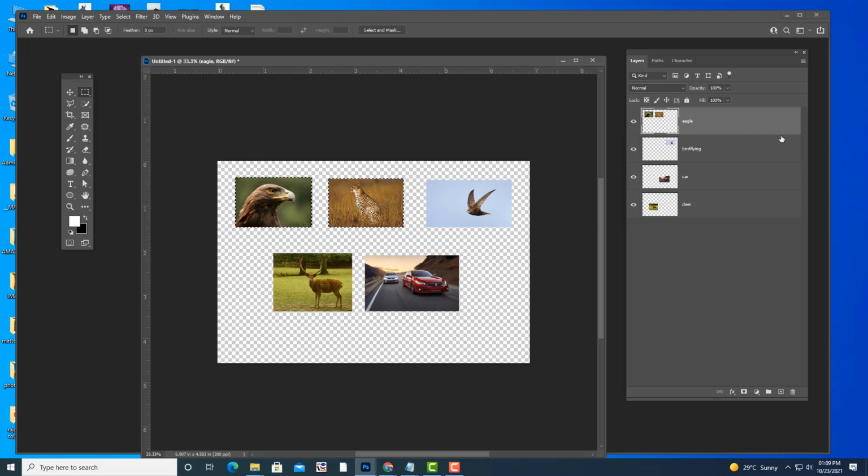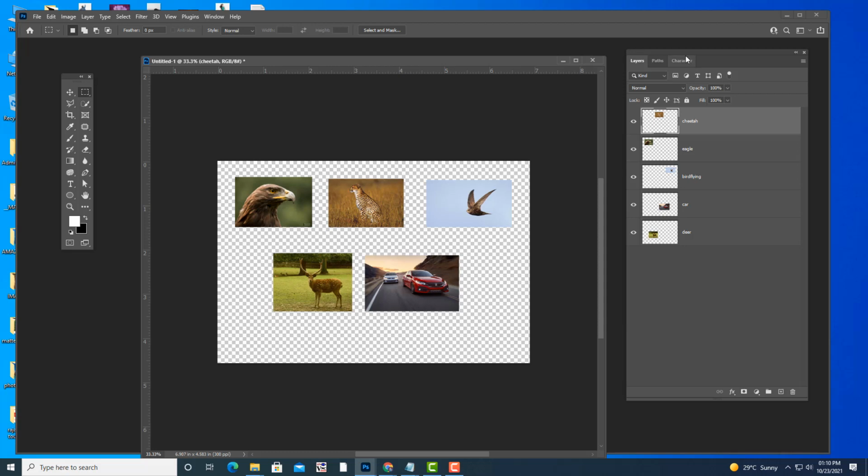Now I got selection for these two images. Now what I want to do? I want to separate cheetah. I want to put the cheetah image in its own layer. So what I have to do? I have to remove selection around this eagle. So select the marquee tool, Alt on the keyboard, and then draw selection around this eagle. Now selection is only around this cheetah. Now what you will do? Control X, cut, Control Shift V. See, now again cheetah is in its own separate layer, and then you can give a name to this. Like so, like this we can actually organize layers.